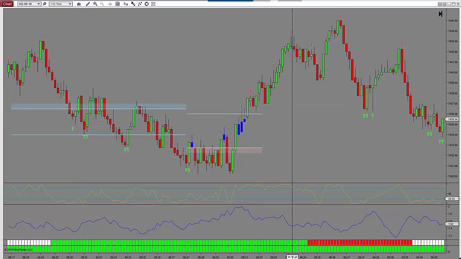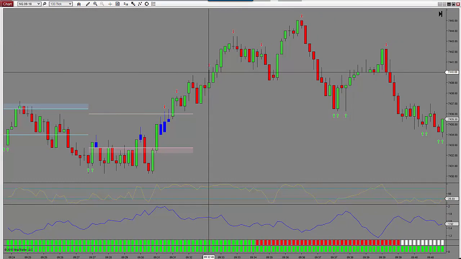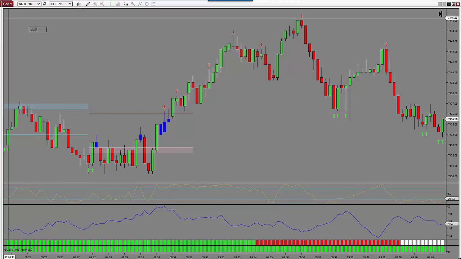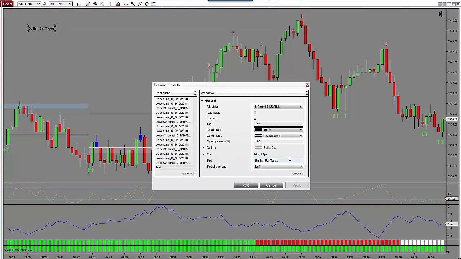Okay, so the 4 bar types are simple. They're the same for bearish and bullish. They just have different names. Okay, so let's just start with the bullish bar types. And let's just go through them all here. The first one is a hammer. And the rules for a hammer candle are